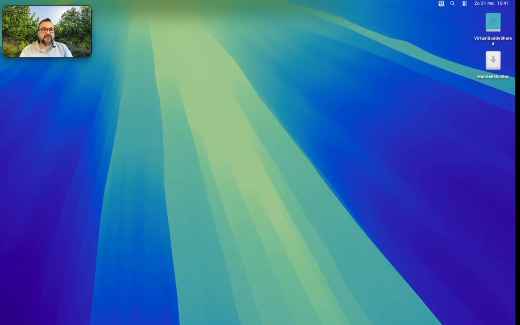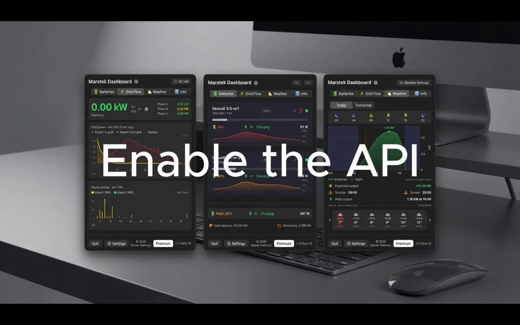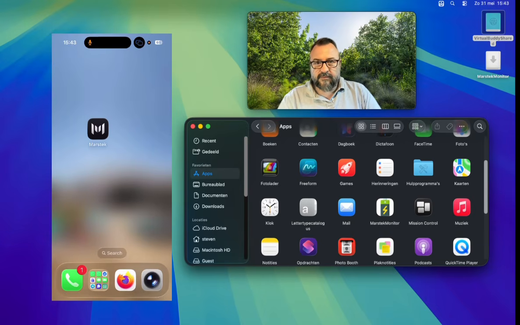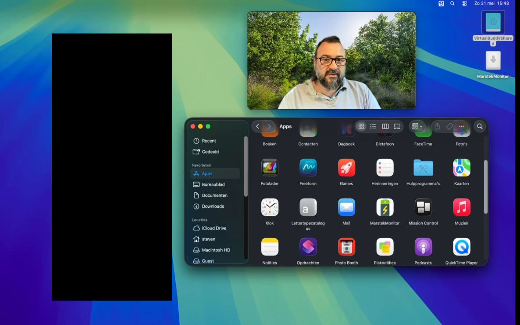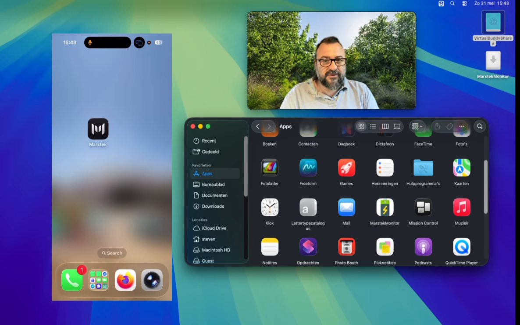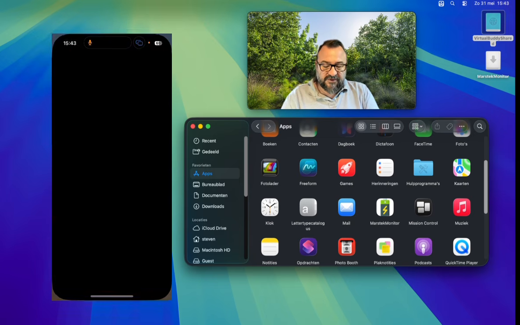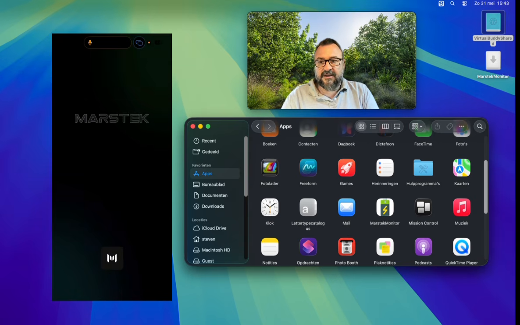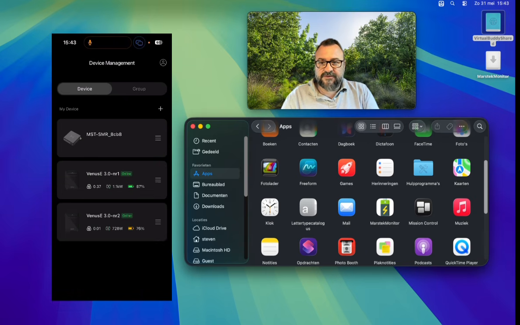Now we go for the running of the application for the very first time. Let me show you how to do that. So we now have the application installed, and before we can actually start using it, we need to give some permissions on our mobile phone. In order to do that, you go to the official Marstek application. So let's wait for that to launch,